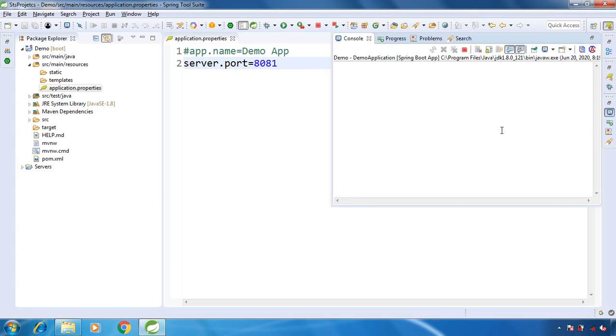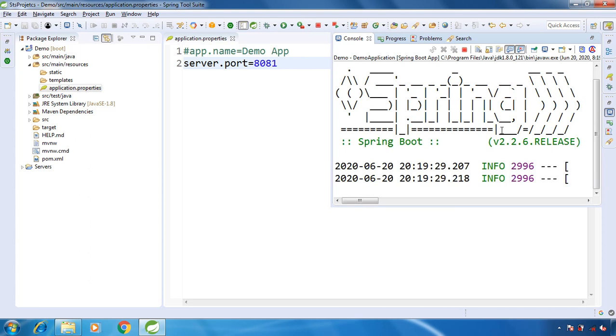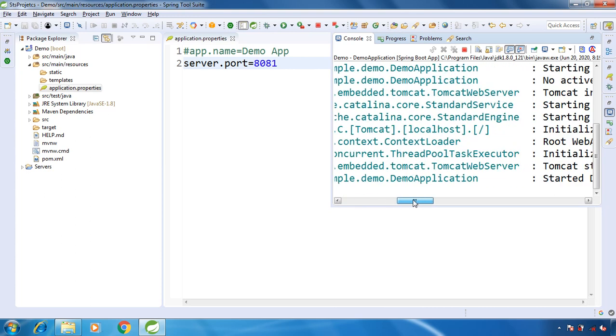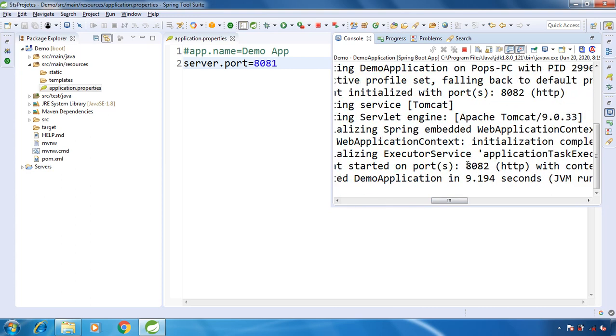Wait for the Spring Boot application to start. Let's see the port. See, our application started on port 8082. So basically these are two different ways. One is using the application.properties file, where we set the property with the port as a value, and the second is using a VM argument.